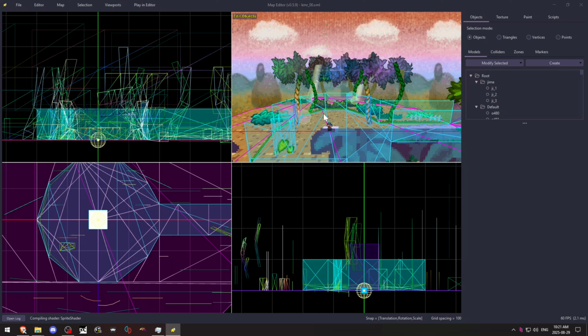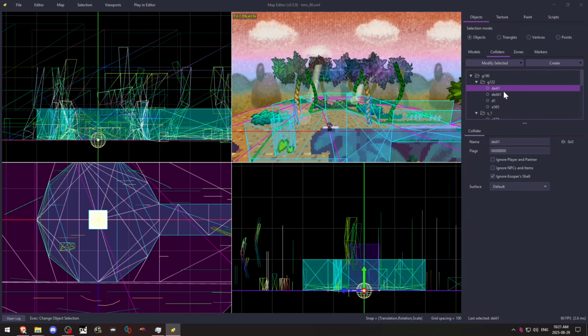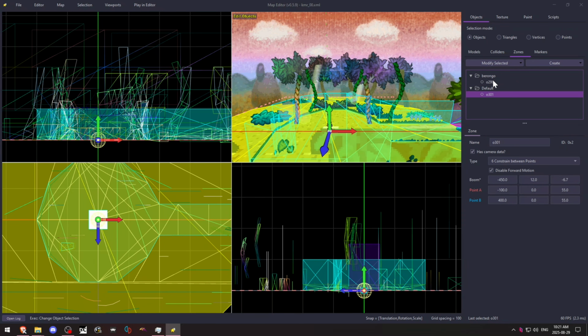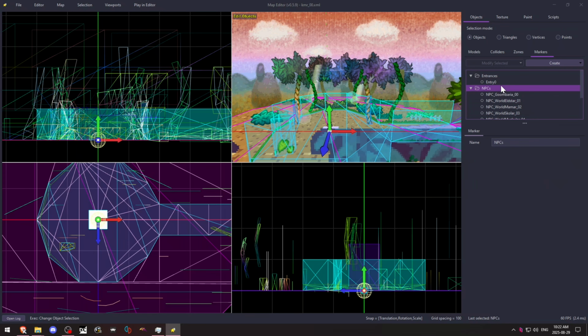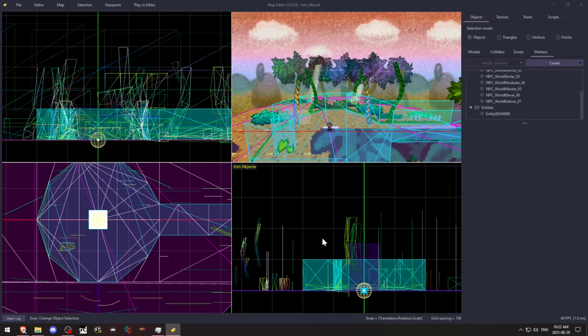Quick little overview of the map editor. You can see all of your models on the side here. You can also check out the colliders, which is a fancy way of saying the collision of the game. Zones control the camera, and markers are your NPCs, exits, and items and stuff that you can find on the map. One thing you can do is you have 3 different views of the way you can look at the